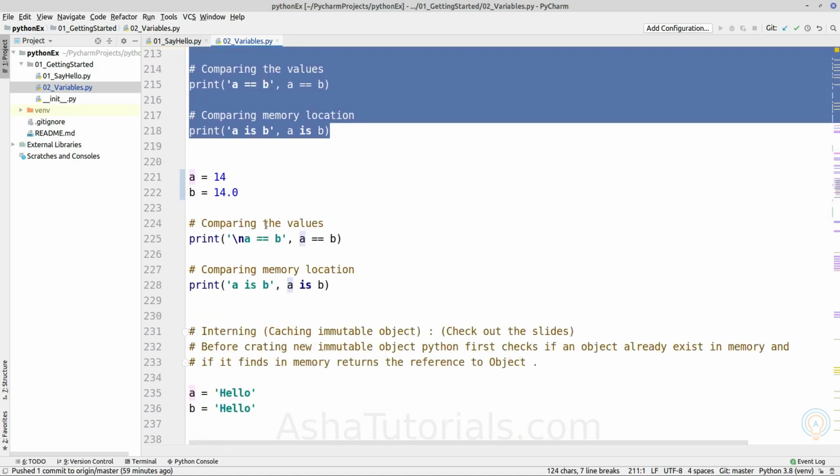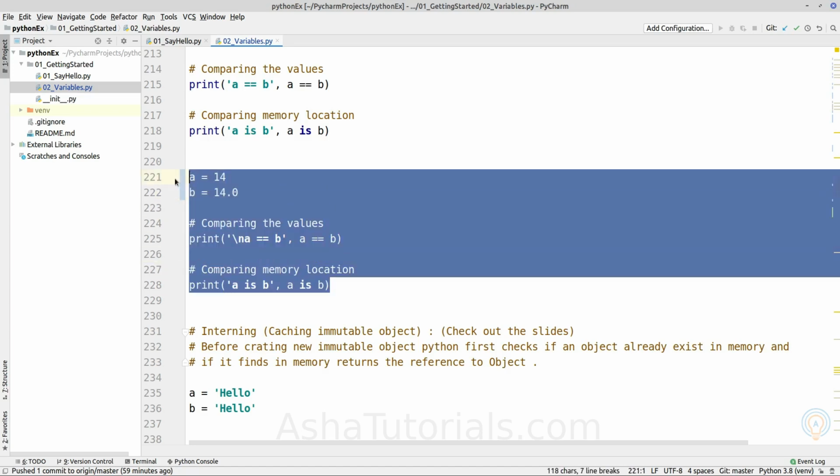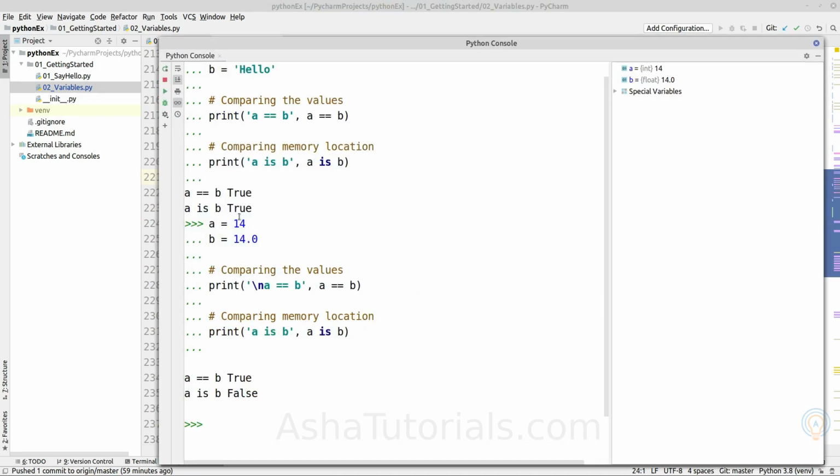Now in the next example, a is holding the value 14 of integer data type and b is holding a value of float data type, but both variables have the same value, which is 14. Comparing with double equals and the is operator, let's see the result.